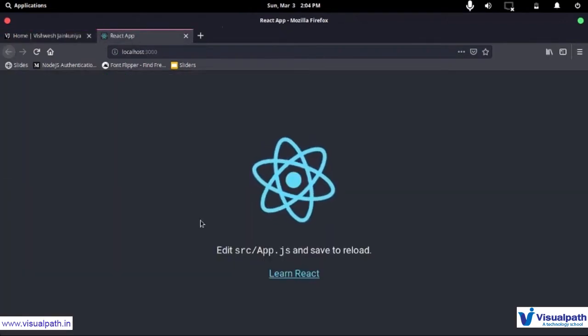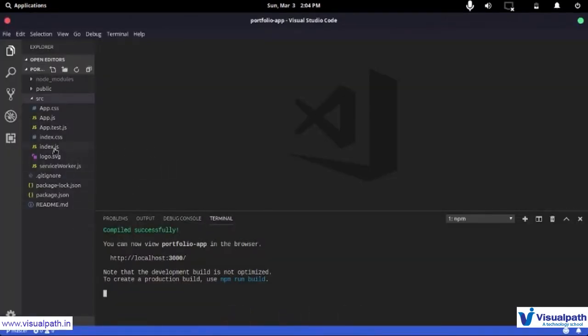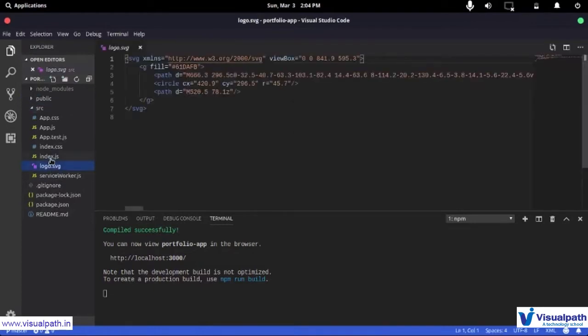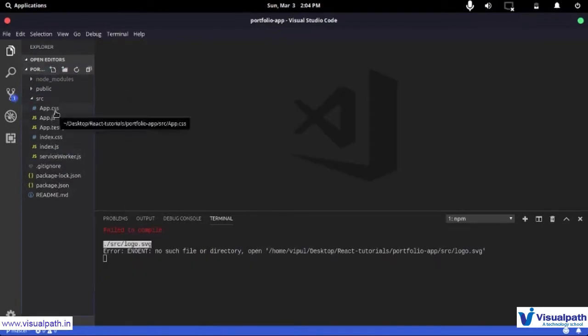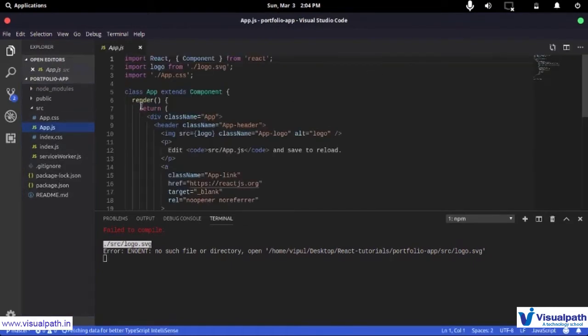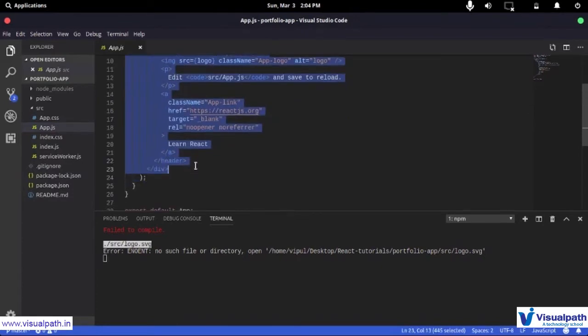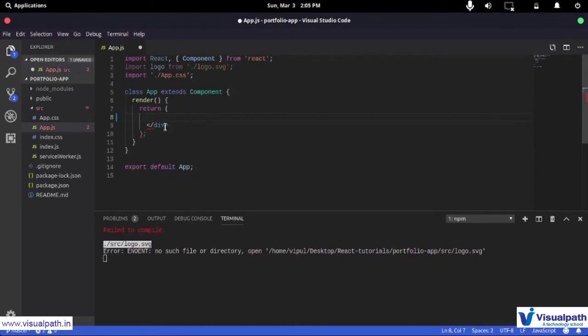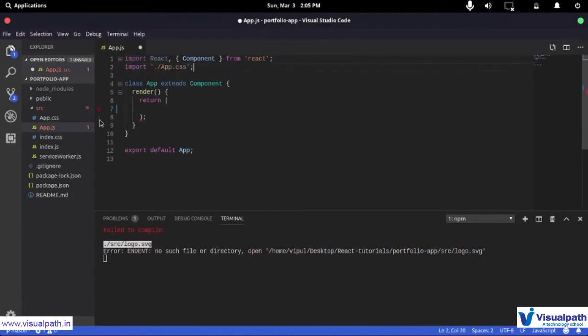So this is what we get currently, and I want to clean this. So first of all, I want to delete this because I don't need this. Then second of all, I'm just going to delete this test2 for a while, because I don't need those tests right now. Then I'm going to go back into app.js, and I'm going to remove this whole bit because I don't need it as yet. So I'm just going to remove this and this div2. Then I'm going to remove this logo reference because I don't need this.